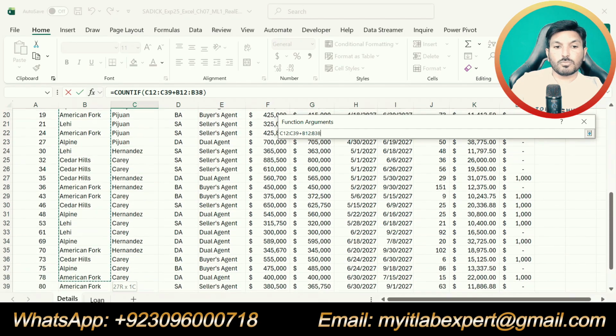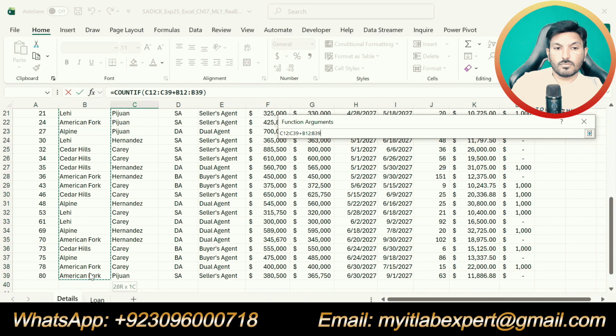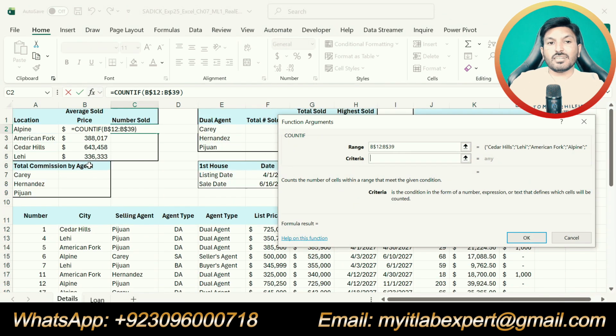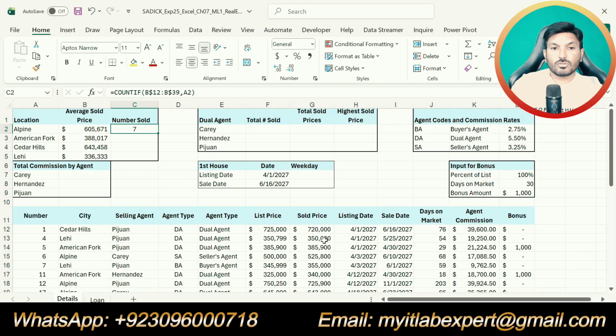This one, B2 up to B12. Okay, and we are supposed to use mixed references for this range. Now our criteria is Alpine City, because we are going to calculate the number of houses in Alpine City. So I will select Alpine here. So we got 7 houses in Alpine City that were sold.